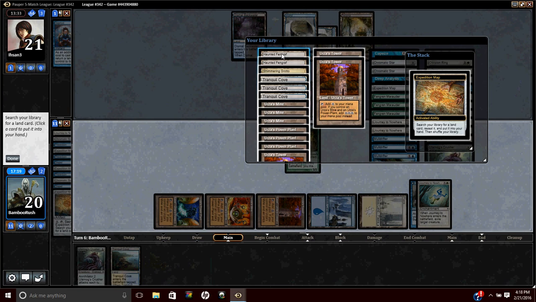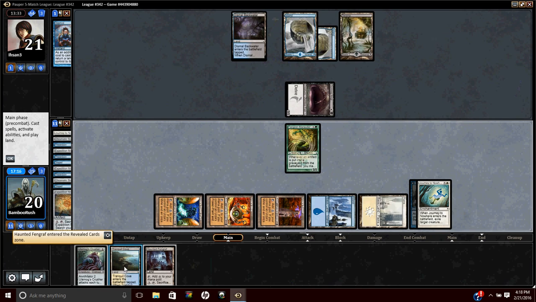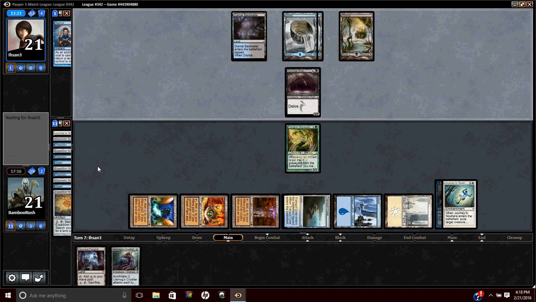You know what? I'm still going to get it. I know it's kind of stupid, but there's way more value there. We could find a color fixer along the way. We could also potentially Fengraf back the Ulamog's Crusher. So